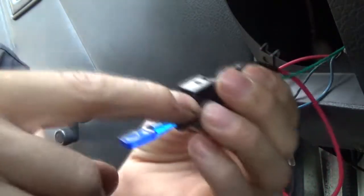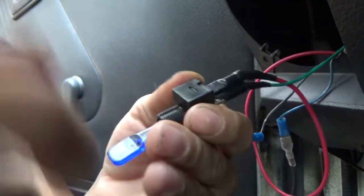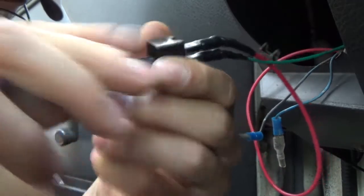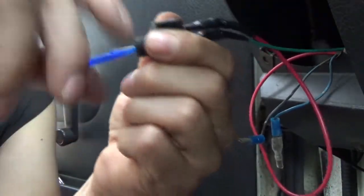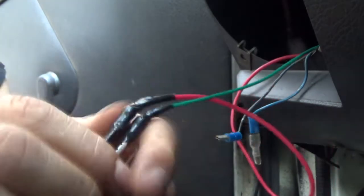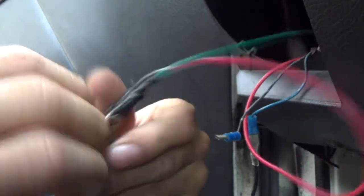And what I mean by switch power is this cooling fan will not work until the ignition's on. I don't even think it works on accessories. No, it's only ignition hot. So that's why I'm going with this. And we're also going to get the ground hooked up on this. I know I'm kind of strange, but...